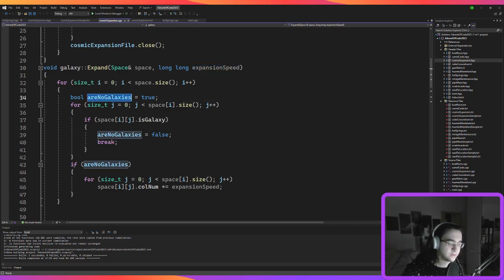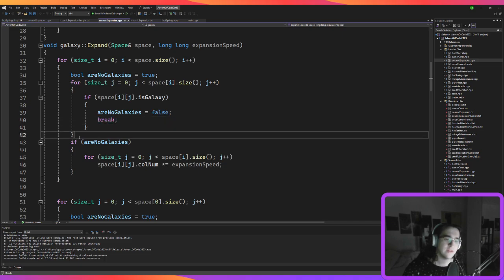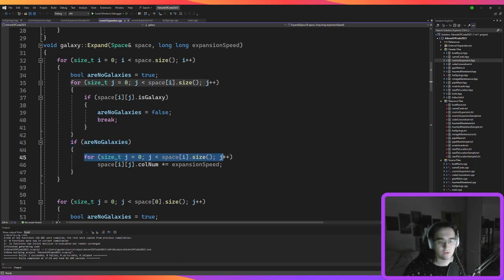I'm creating a boolean of are there no galaxies, and then I'm going over, are they the columns or the rows? I think those are rows, right? Anyway, I'm going over the rows first, I think. And if space ij is a galaxy, then are no galaxies is false. Breaking after this for